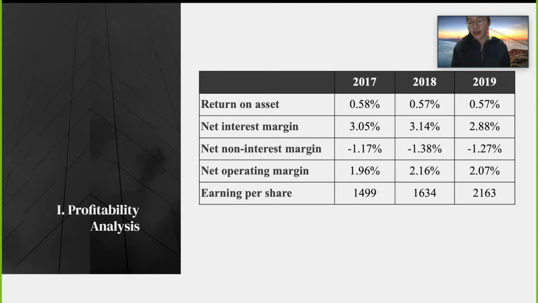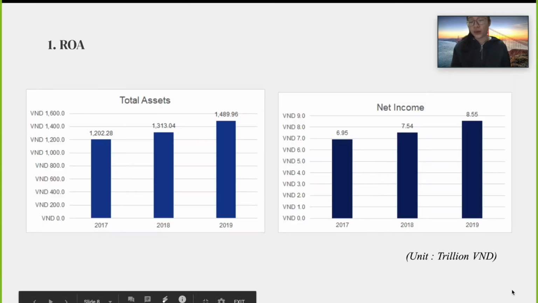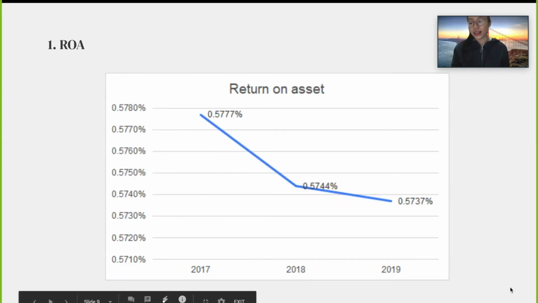margin. About ROA in general, it decreased as the growth rate of net income was larger than that of the total asset. Moreover, ROA of BIDV was lower than the benchmark of 1% to 2% for ROA, which resulted from BIDV's huge amount of bad debts and indicates an ineffective lending policy as well as an unreasonable asset structure of